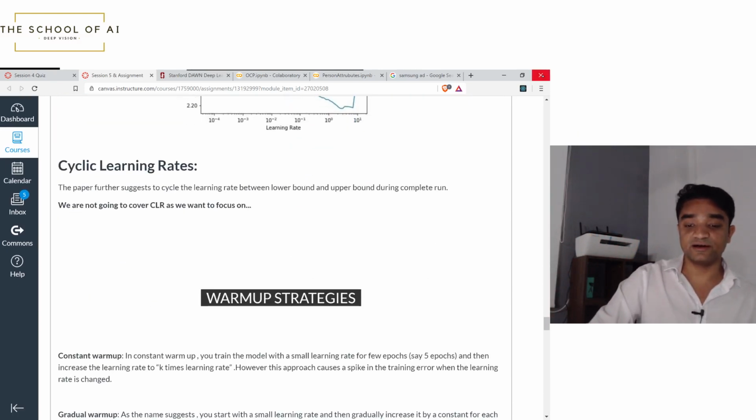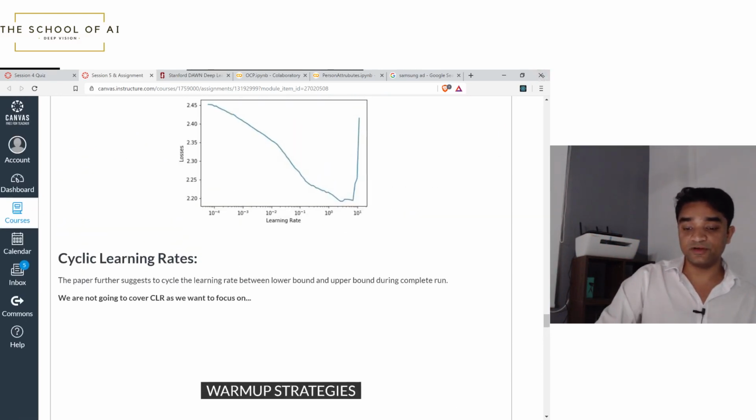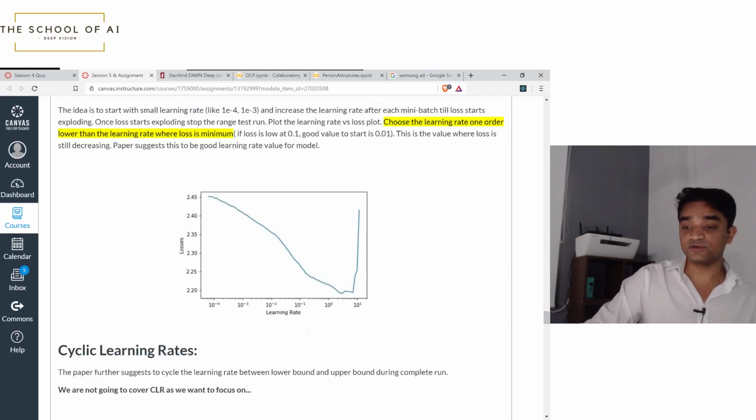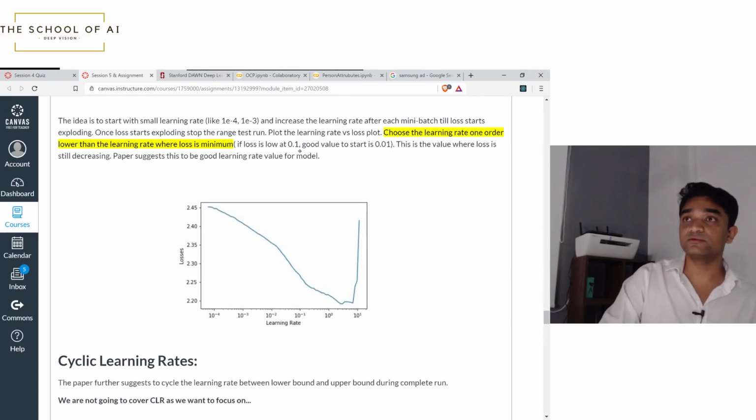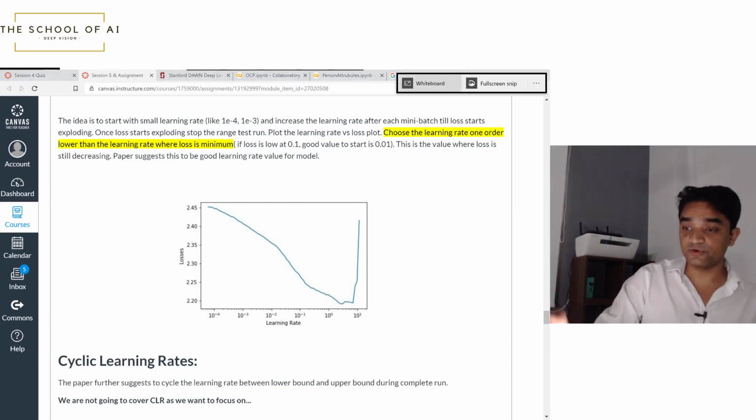Now, cyclic learning rate. The paper says that the cyclic learning rate varies between the lower bound and upper bound during the complete one run. Now, we are not going to go deeper than this. But what is going to happen is, you saw the 0.1 and you saw that 0.01. In cyclic learning rate, which we are not going to cover,